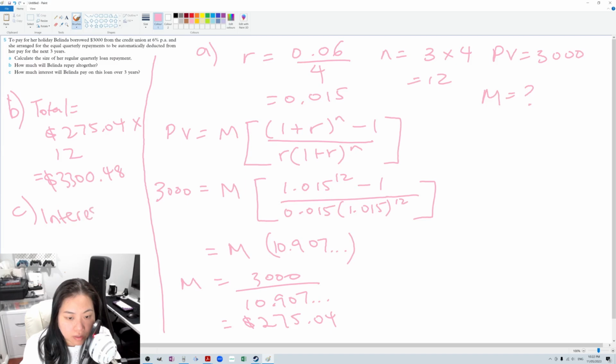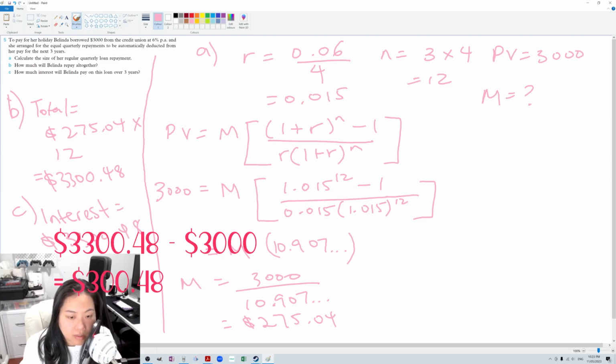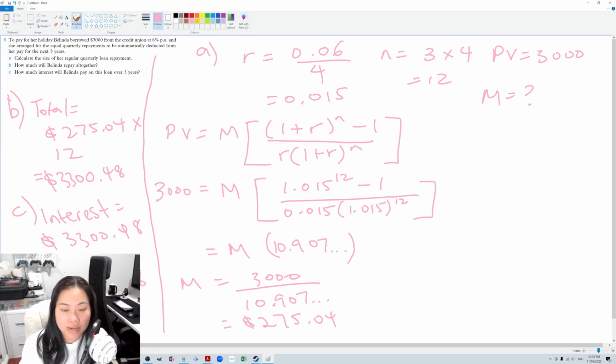Interest would simply be how much she paid in total minus how much her holiday was supposed to be, which is $3,000. So that means she paid an interest of $300.48. All right. Now you know that the present value equations can be applied to a savings type of problem